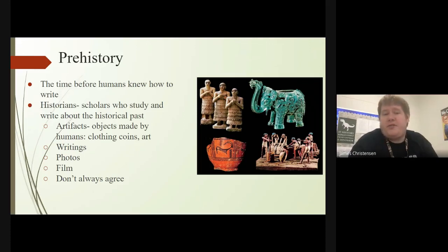These are scholars who study and write about the historical past. They can talk about anything in terms of history. They study things such as artifacts, like objects made by humans, clothing, coins, art. This image here is a really good example of some various art pieces that you could look at as a historian. The more modern in history you get, you also have a lot more writings you can look at, photos,